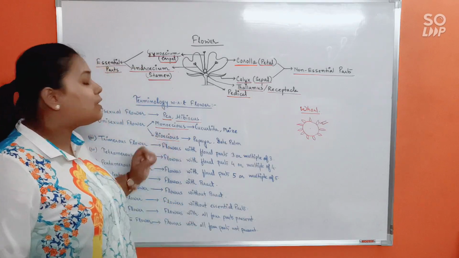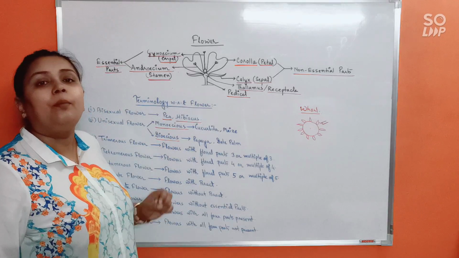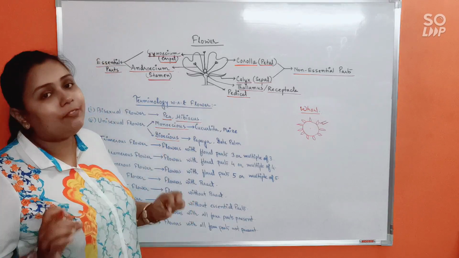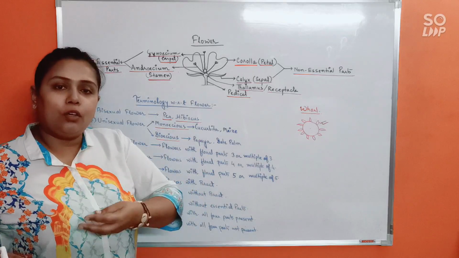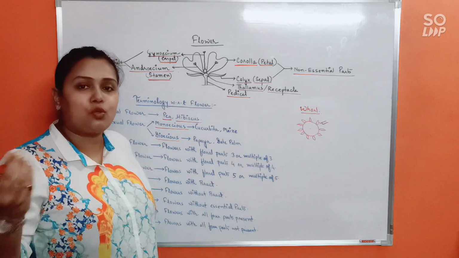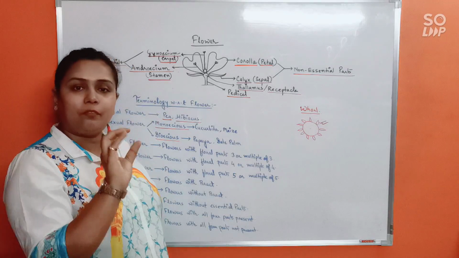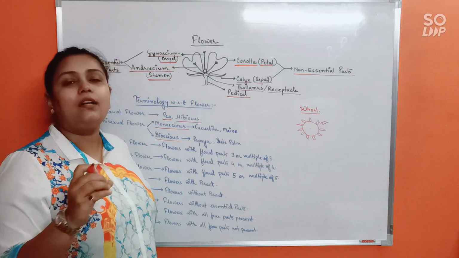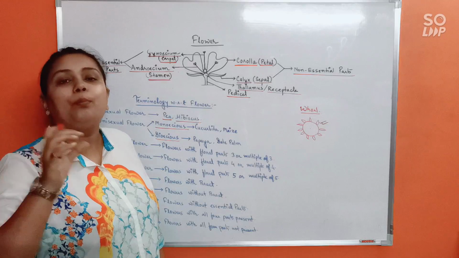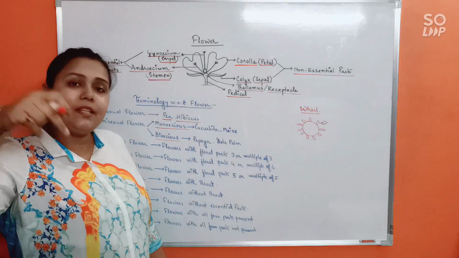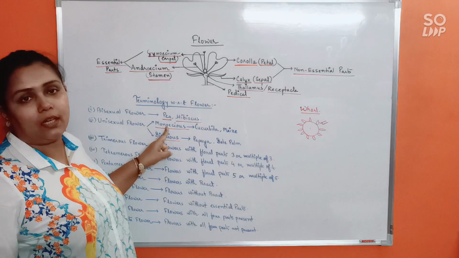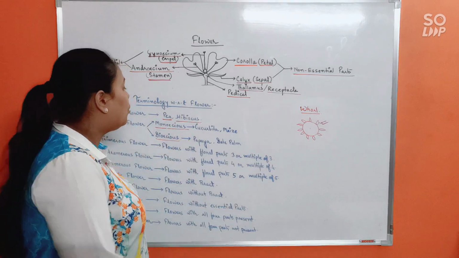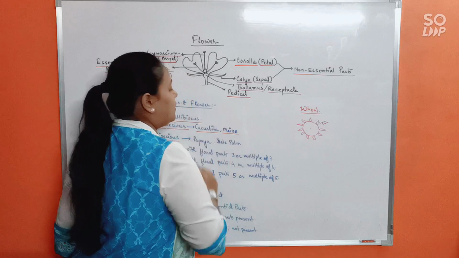So now suppose a plant body bears both male flower and female flower in the same plant body. Flowers are borne individually as unisexual flowers, but the male flowers, that is the staminate flowers, and the pistillate flowers are both separately borne but in the same plant body. That kind of condition is referred to as monoecious condition. Examples are cucurbita, maize.